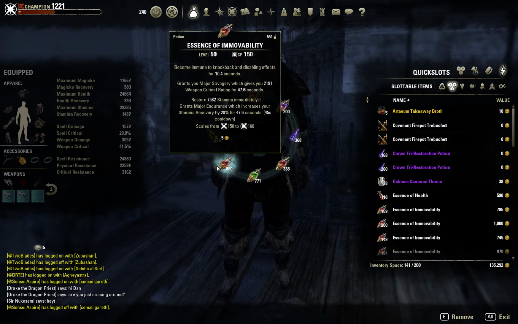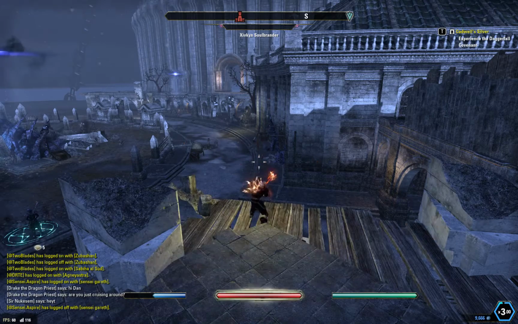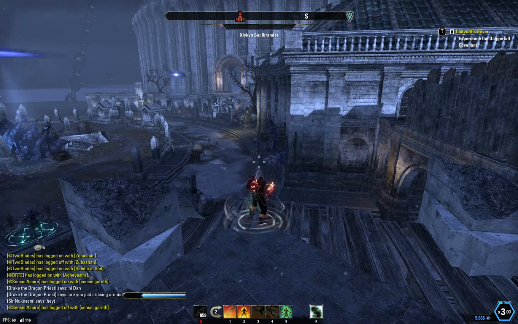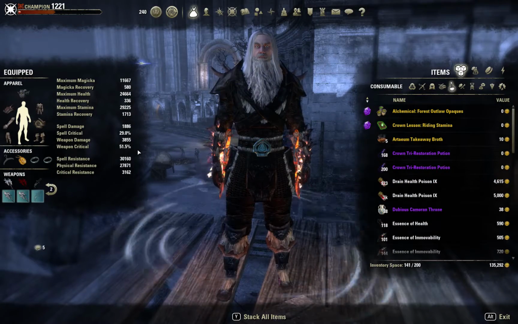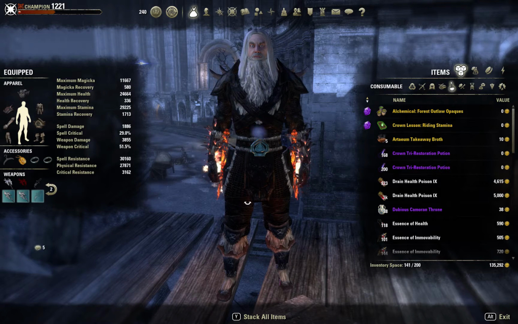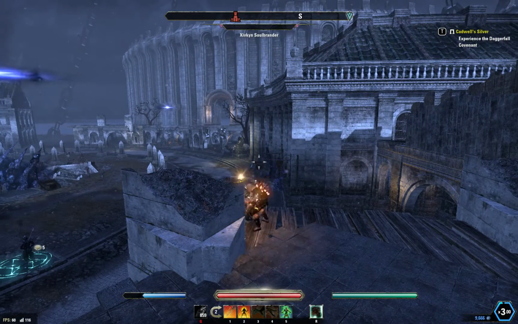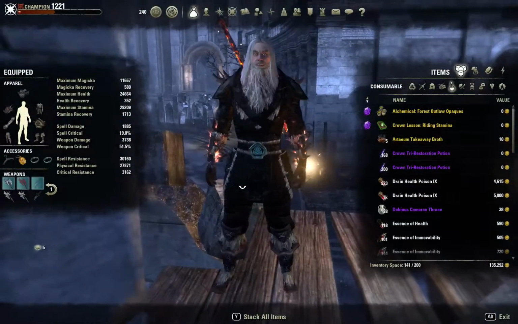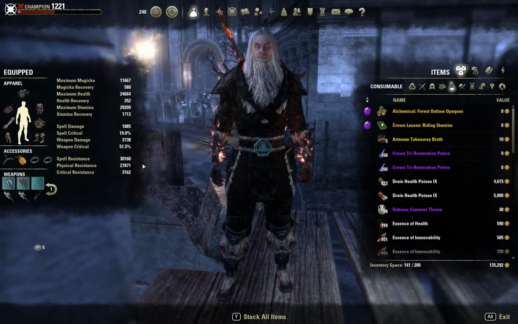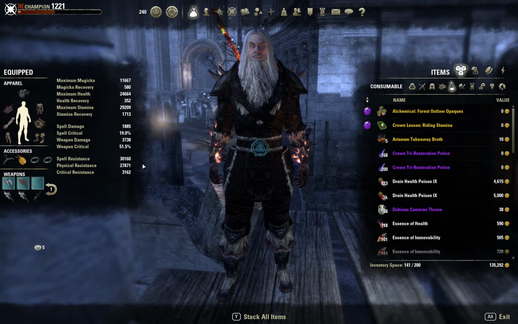So I'm just going to kind of get into it here. These are the potions I typically use. The Essence of Immovability. So I'm going to show you guys what I have. Right now I'm sitting at 51% crit, 3855 weapon damage. My physical and spell resistance were good. And on my front bar, it's pretty much the same thing. I got a little less weapon damage, but I've got a pretty decent critical strike